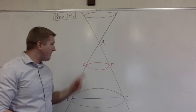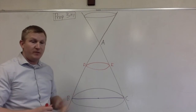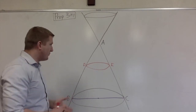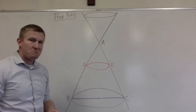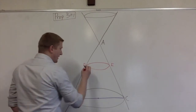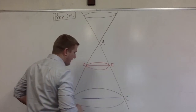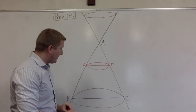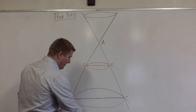Apollonius wants to prove that this red line, he calls it a line, we would call it a figure maybe, is in fact a circle. Now, how are we going to prove that this figure is a circle? He showed us. So if we go ahead and join DE together, and if we draw a straight line from A to the center of the circular base,